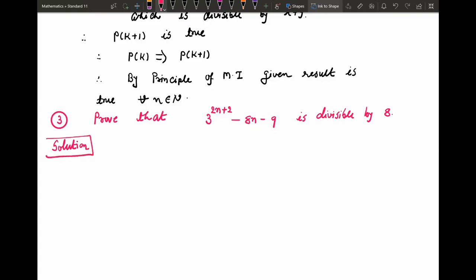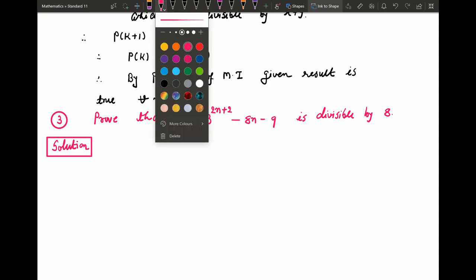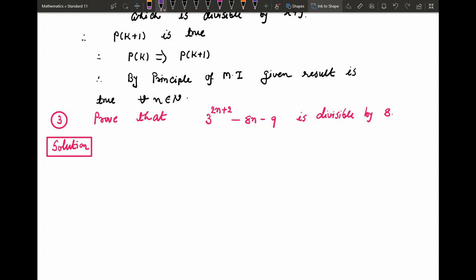Solution. As usual, first we denote the given statement by P of n. So let P of n be: 3 raised to 2n plus 2 minus 8n minus 9